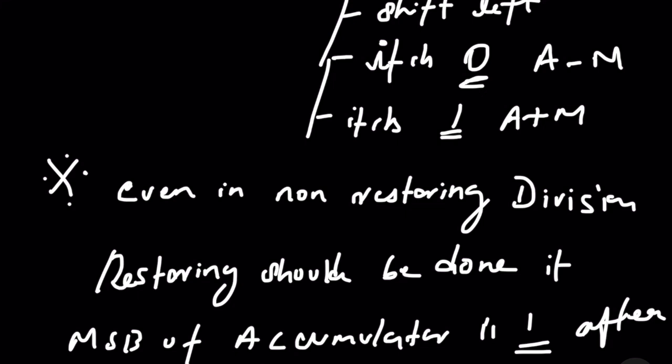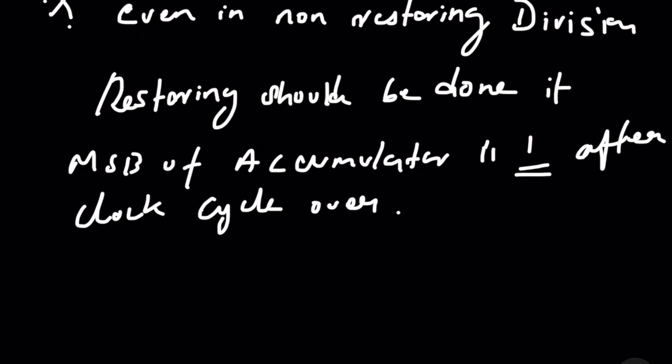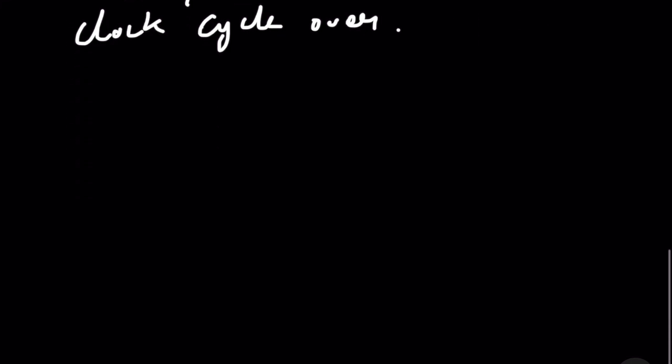And this is quite important, and even it's an interview question, that if a division is performed using a non-restoring, that time too the restoring procedure will be done after the respective clock cycle has been over, but it will be done only if the MSB of the accumulator is 1 after all the clock cycle has been over respectively. So remember this point. I repeat, the restoring procedure will be done in a non-restoring division method, but that will be done only if the MSB of the accumulator is 1 after the clock cycle has been over. Now we directly step into the